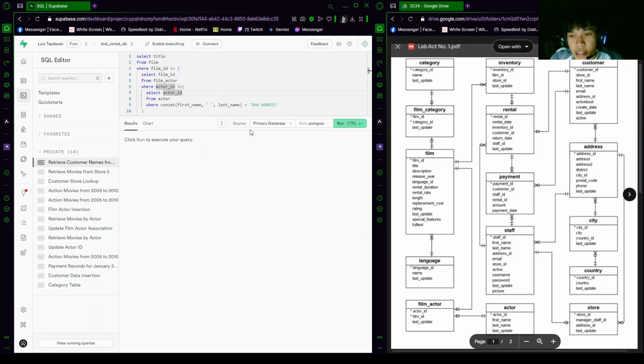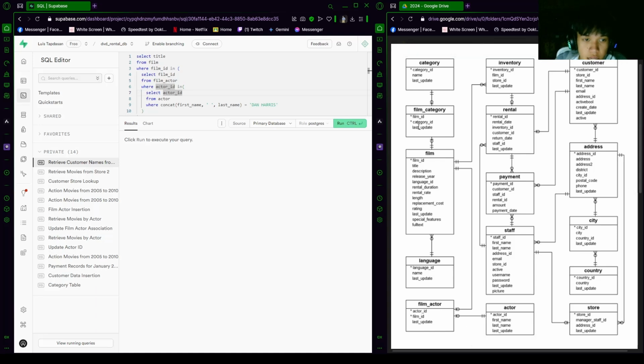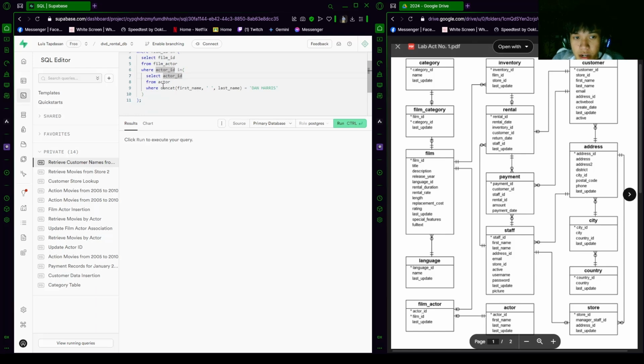So it connects from here to here, like this. So it's one line. And then after that, we have the where concat the first name and the last name, which is Dan Harris. So let's now run the code for the query.